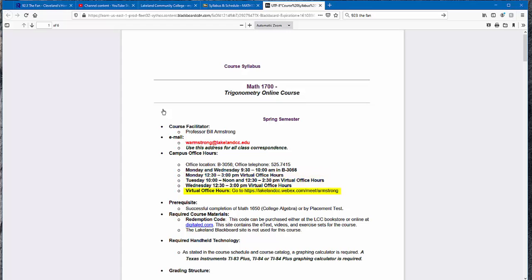There's the URL to come to my virtual office. It's pretty simple. Type it into your browser, and it'll take you right to my virtual office. Now, chances are when you come to my virtual office, it's going to put you into what's called my quote waiting room. Just wait.